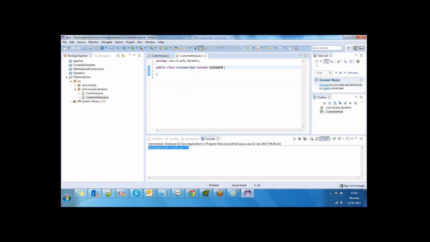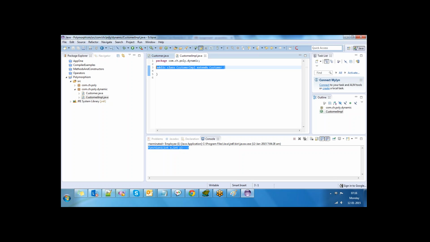Now, in CustomerImpl, what is done? Can you read that complete line? What is CustomerImpl? public class CustomerImpl extends Customer.